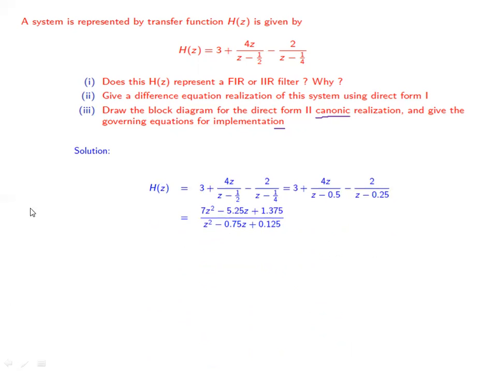Now let me simplify the above equation. H of z equals 3 plus 4z divided by z minus 0.5, minus 2 divided by z minus 0.25. I am just writing it in a simplified format. By taking the LCM and simplifying, we will get 7z square minus 5.25z plus 1.375 divided by z square minus 0.75z plus